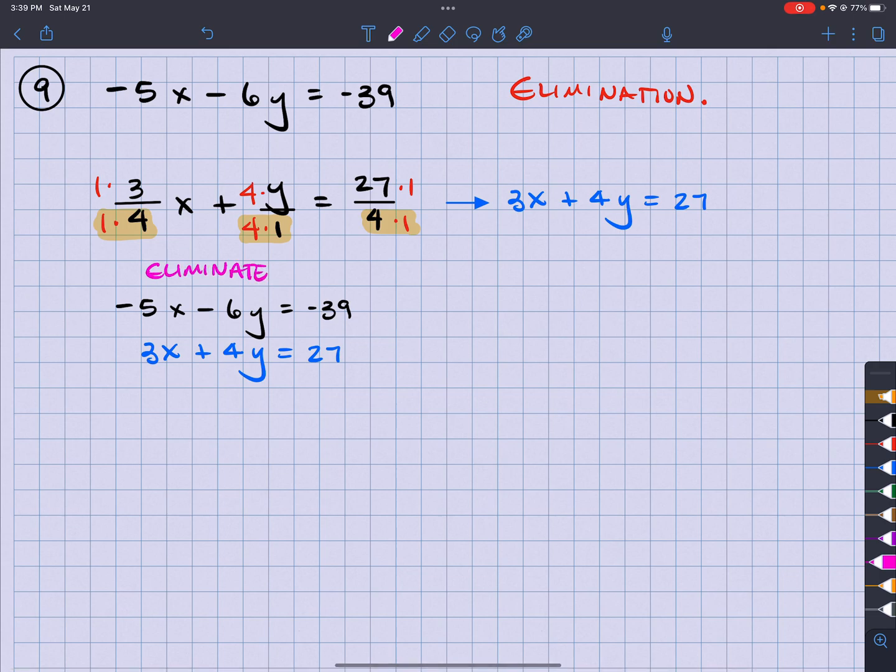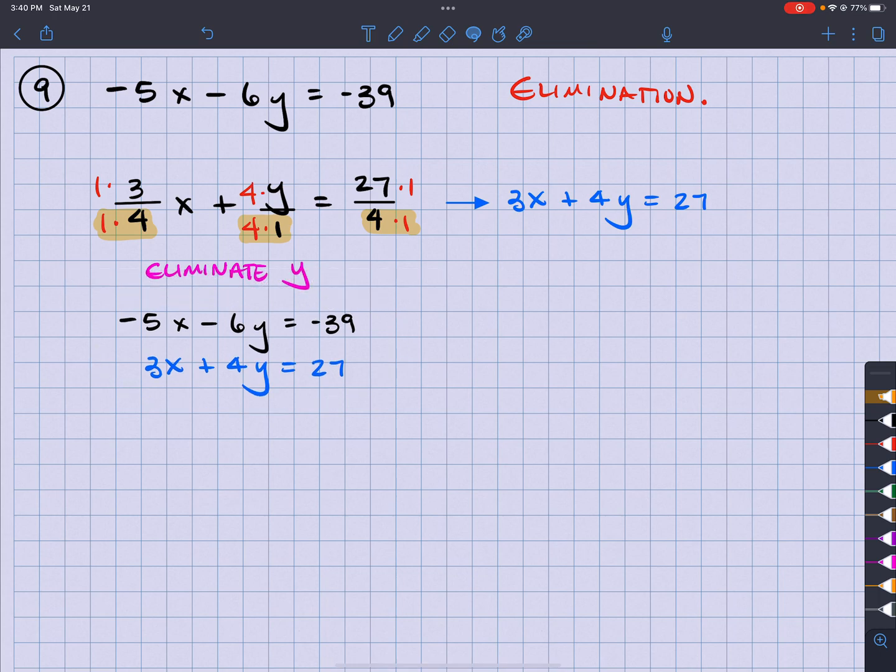Now, does it matter what I eliminate? The answer is no. I'm going to go ahead and eliminate y, just because I feel like it. All right. So the nice part about y is that one is already positive and one is already negative, right? But the 6 and 4, I need those to be the same number, which I can make them both 12. So I'm going to go ahead and multiply the top one by a 2,